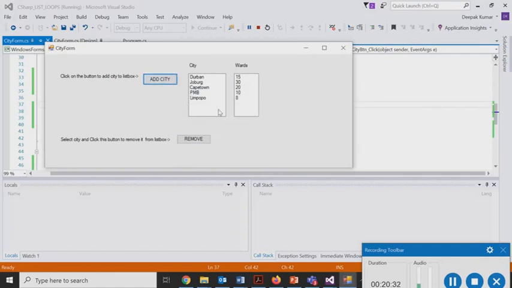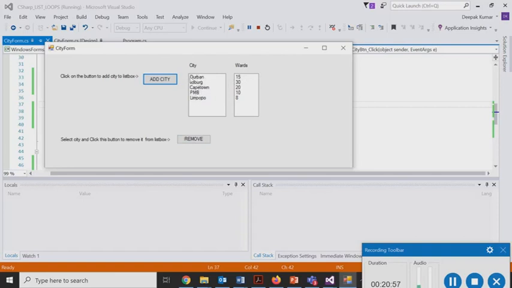Obviously we would like to test that, but I think we're still missing one code before we start testing it, because I haven't used any code to remove the entries of the wards from there. So if I remove a city, I should also be removing the ward from there. So we are basically missing one code, but definitely just to demonstrate that now we have our loop running 5